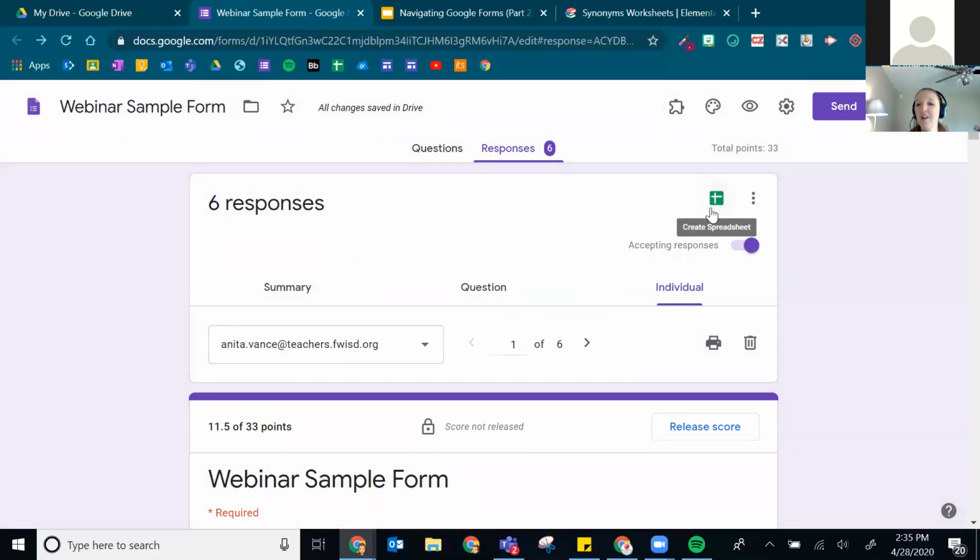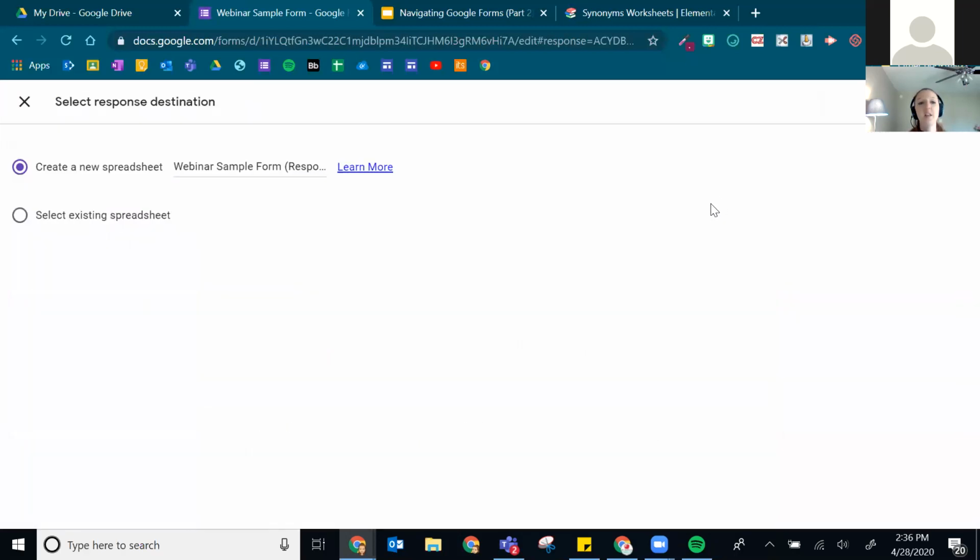This little button right here will take this data from this Google Form and create a spreadsheet with it. When I click on this, it's going to prompt me to either create a brand new spreadsheet, or if I want to put all of my form responses in one place, I could select an existing one, and each time I would select that same one, so that all it'll do is create a new tab at the bottom, and then I have them all in one place. So in this case, I'm going to create a new one, and I'm just going to hit the create button